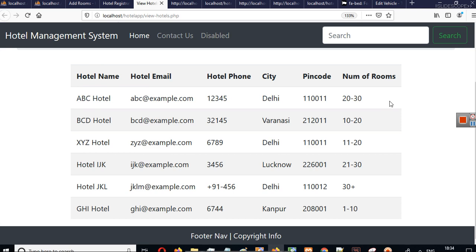I will show you how you can create something like that. Currently we have created this view hotels page for super admins, means the administrator which will manage all hotels. Suppose there is some problem in hotel, so the support staff, the company which is developing this hotel management system for various hotels, they are the super administrators, and they will be able to edit records of all hotels in case they are not able to do it on their own.